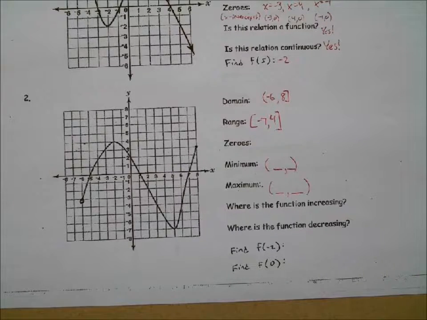So what's f of 0 or what's f of -2? This is a graph of f of x, right? So find f of -2. -2 is replacing x, so your x value is -2. Where is that on the graph? Right here. You got this okay, Scott? All right. Very good.